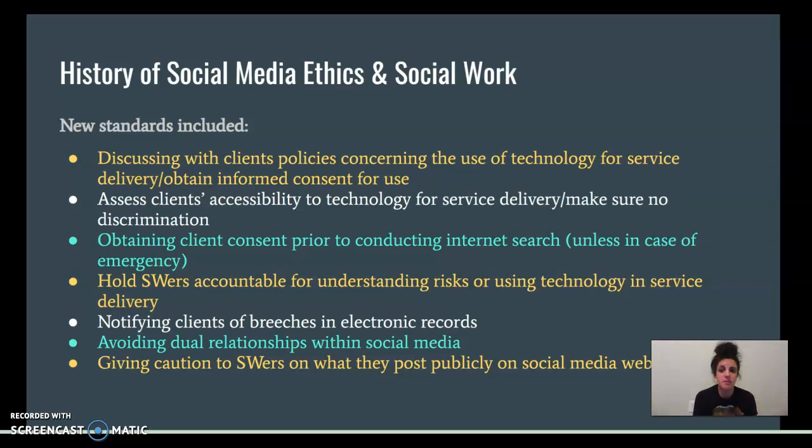Assessing the client's accessibility for technology. This is that double-edged sword: using technology to provide services can reach more clients, but it also can highlight disparities between those who have the ability to provide technology for their household, or even to understand technology, versus those who are very savvy in it and have great access to it.